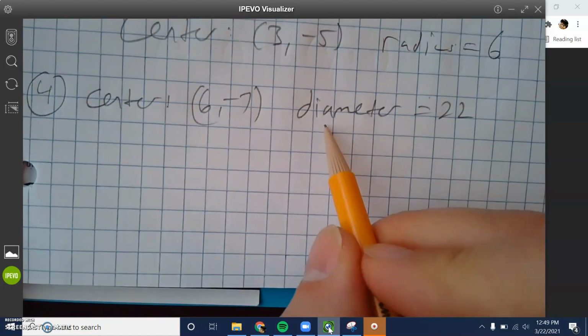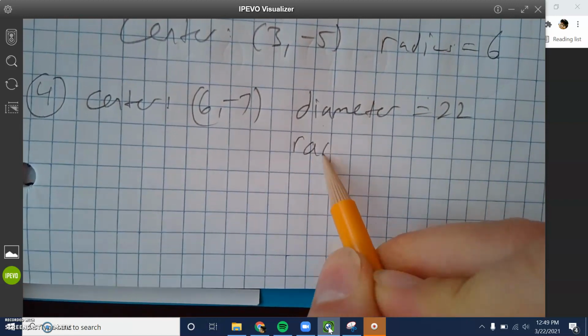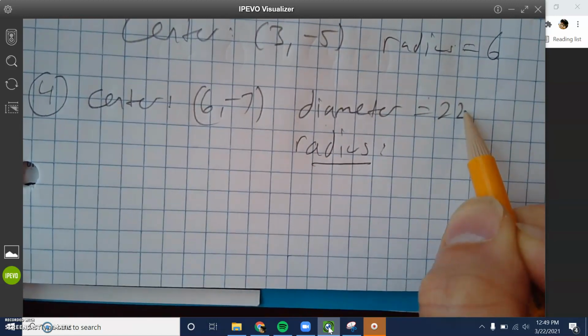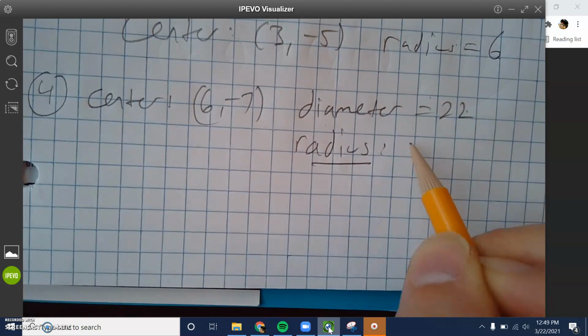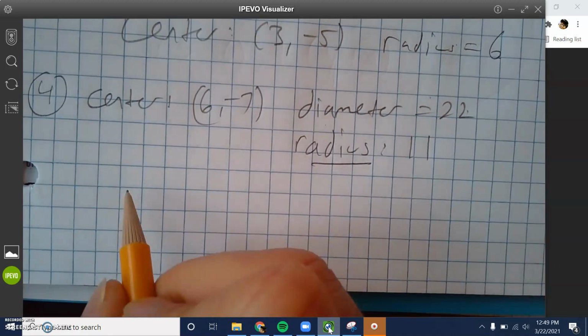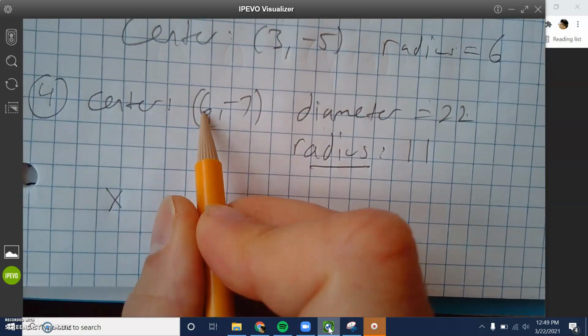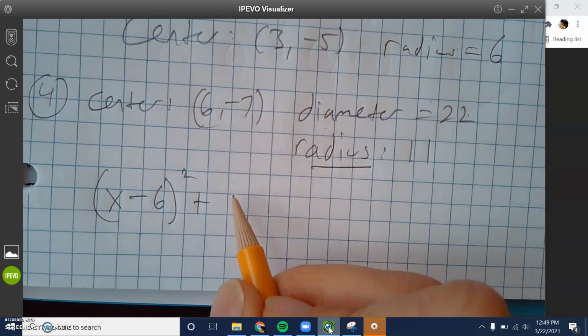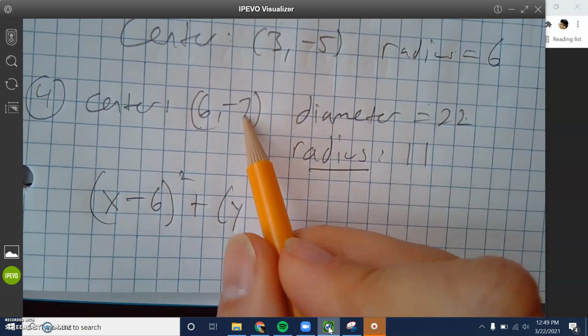Okay, but we know that we don't need the diameter. The diameter is not part of the standard form equation. The radius is. So if the diameter is 22, what's the radius? 11. Cool. And so x, not plus 6, I'm going to go minus 6 squared plus y, not minus 7,